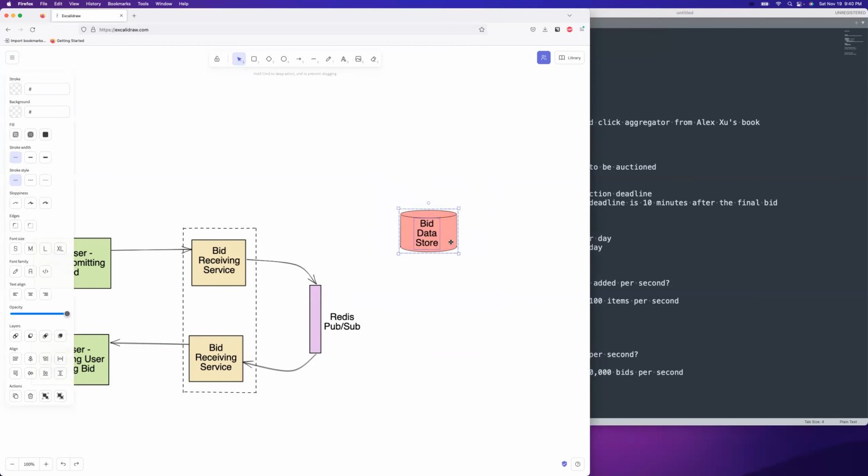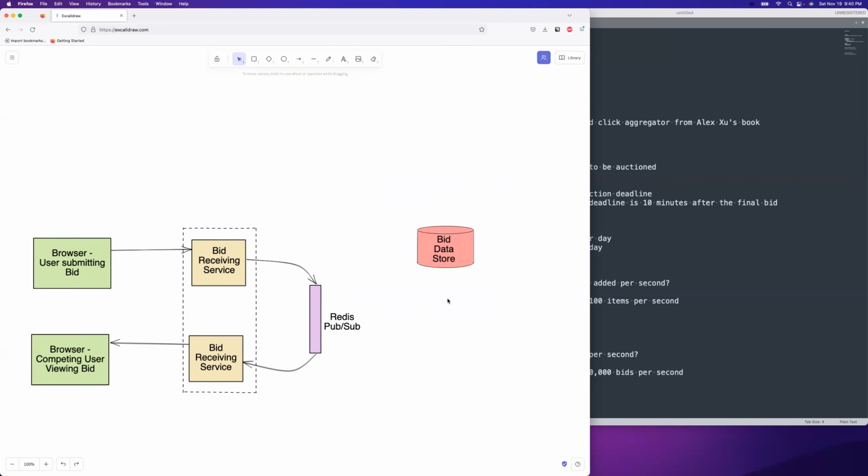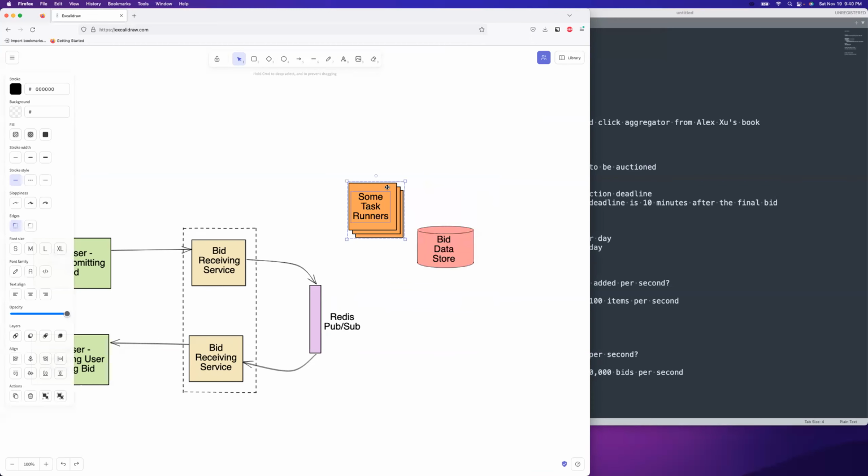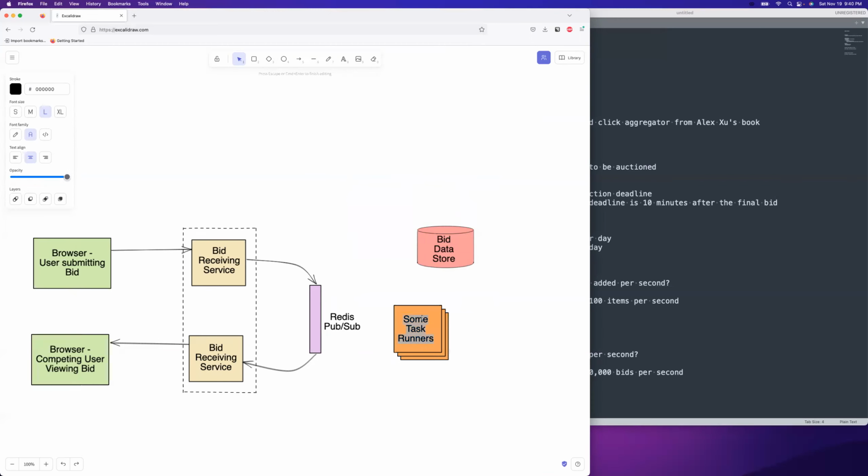I'm kind of a personal fan of event sourcing. Okay, just going to copy it into there. And then I think you can have it listening to